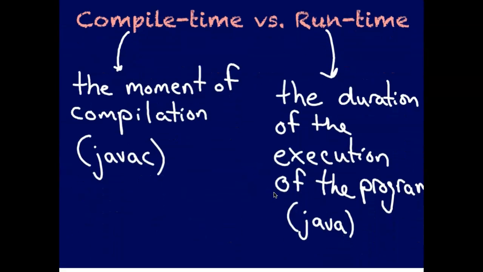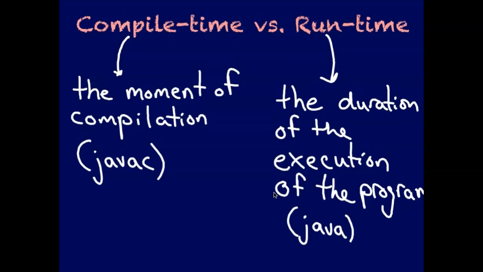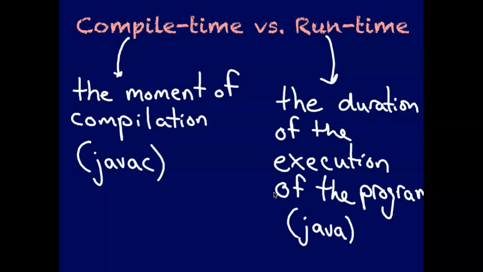First of all, let's talk about compile time versus runtime. What are we talking about here? Well, we had mentioned in the first video that Java is a compiled language, and so there was that step of compilation before we actually run a program. And that's done by javac. There are certain errors that happen at compile time. And the way that we know that is that compilers not only translate into machine code, but they also check syntax. So they're checking to see if a program is grammatically correct. So if we've left off some kind of symbol or made some mistake in our program's grammar, that's going to be caught by the compiler at compile time, and the program will never even have the chance to run